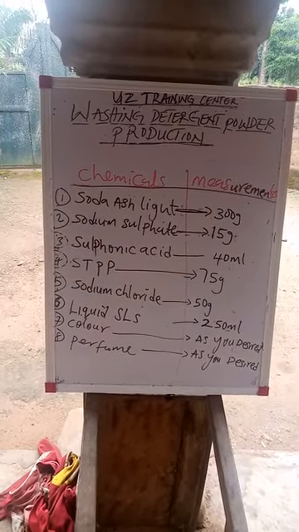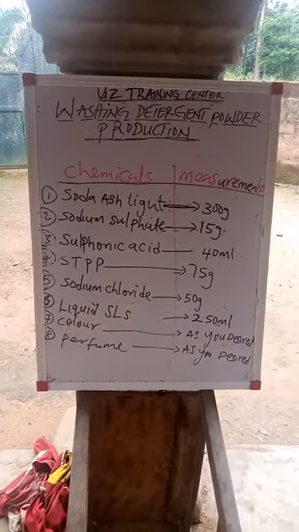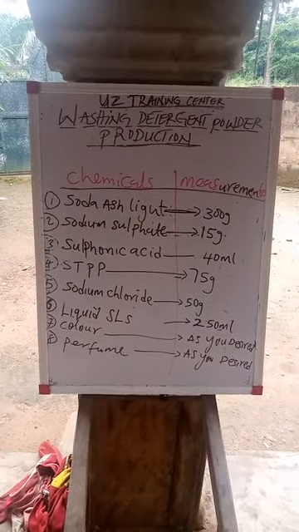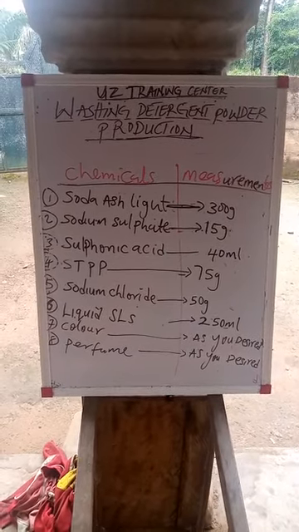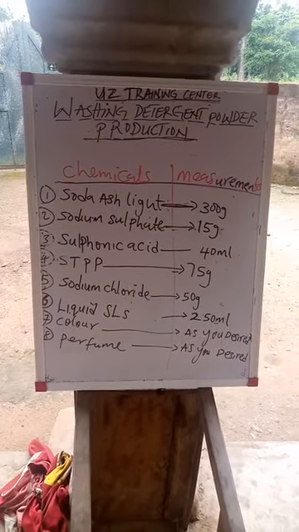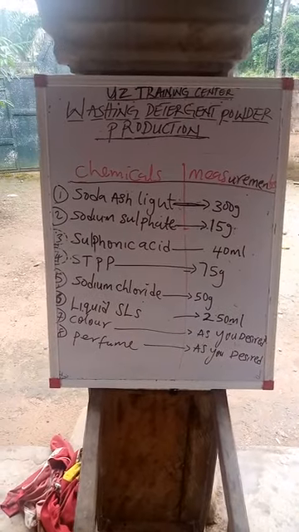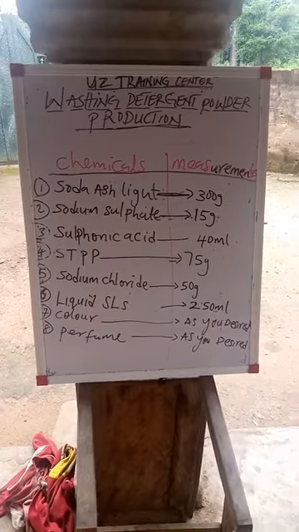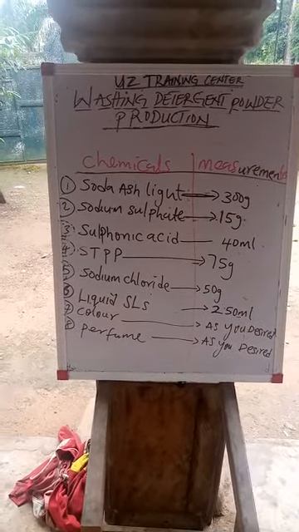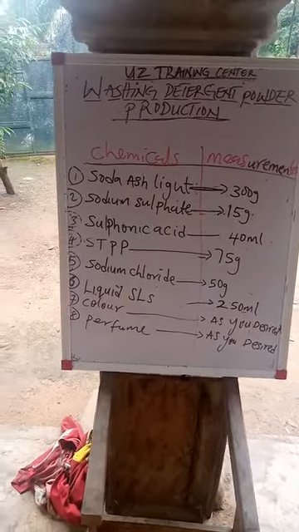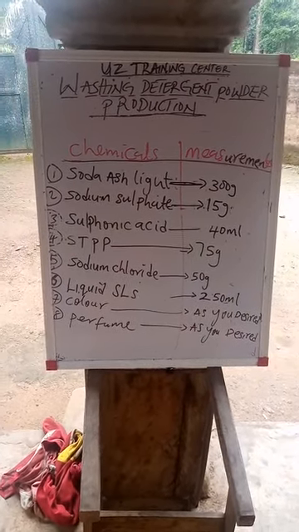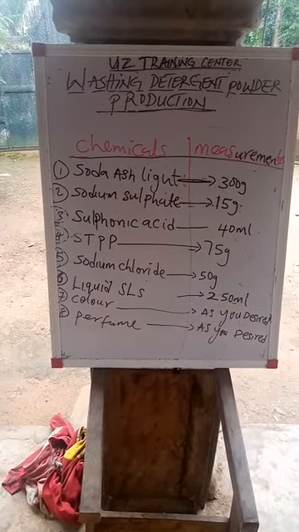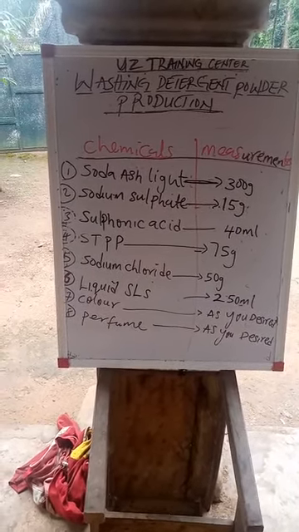In this tutorial, I will be teaching you how to make washing detergent powder. The chemicals and measurements that we are going to be using: soda ash light 300 gram, sodium sulfate 15 gram, sulfonic acid 40 ml, STPP 75 gram, sodium chloride, that is industrial salt, 50 gram, liquid SLS